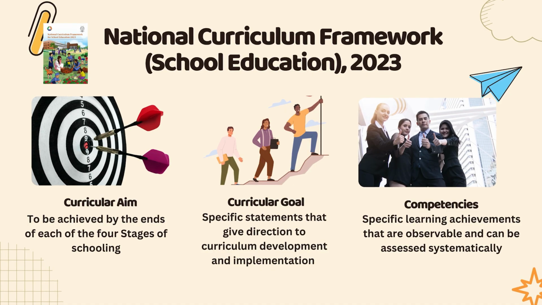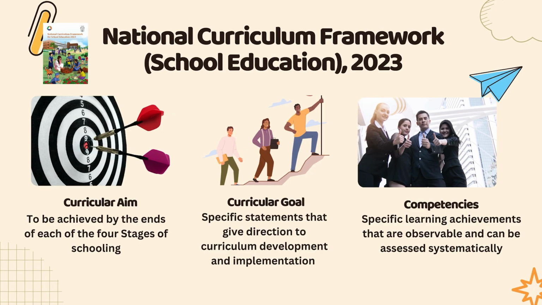They are also specific to school stages, for example, the foundational stage, and to the curricular area, for example mathematics, languages and so on. Competencies are specific learning achievements that are observable and can be assessed systematically. In the National Curriculum Framework, competencies, which are only suggestive, may vary in different contexts. They are directly derived from a curricular goal and are expected to be attained by the end of one particular stage. It suggests that summative assessments at the end of each stage of schooling should be based on these